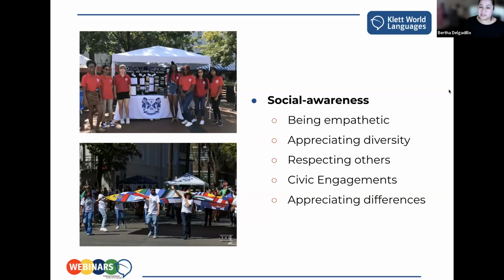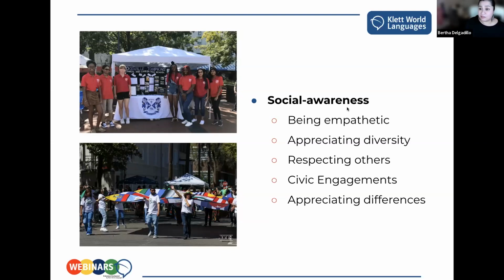With that being said, we also want our students to connect with our local communities. What types of activities are we creating for our learners, where our students can go use the language and give back and interact with the people from the community? So here I have 2 examples. And when I talk about social awareness, just because of these 2 pictures,